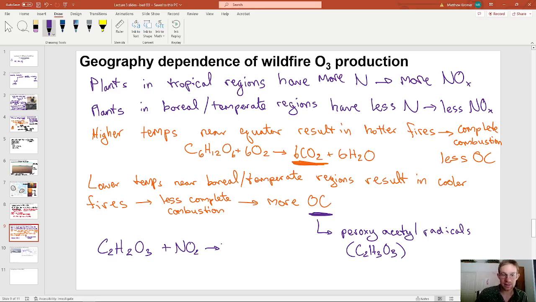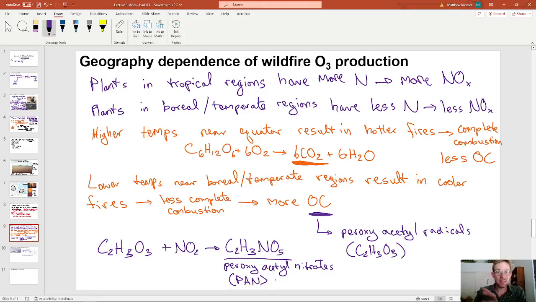peroxyacetyl nitrates, or C2H3O3, or rather, we're adding, so we added these 2 oxygens to it, so it's C2H3NO5. So these peroxyacetyl nitrates, often abbreviated as PAN,